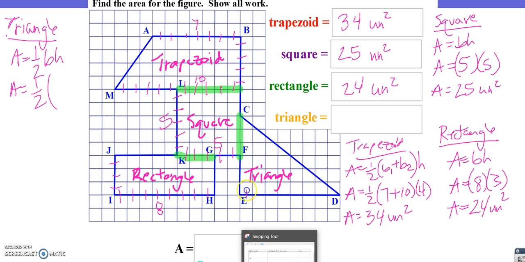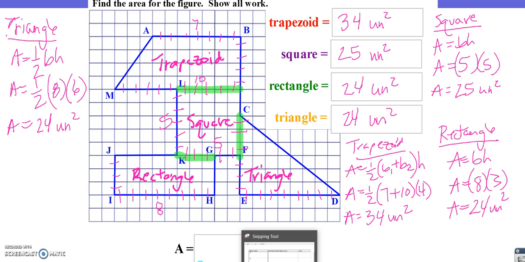Count my base. 1, 2, 3, 4, 5, 6, 7, 8. A base of 8. Count our height. Make sure it's the vertical height. 1, 2, 3, 4, 5, 6. That's going to give me an area of 24 units squared. You can see that it is okay for two shapes to get the same area but have